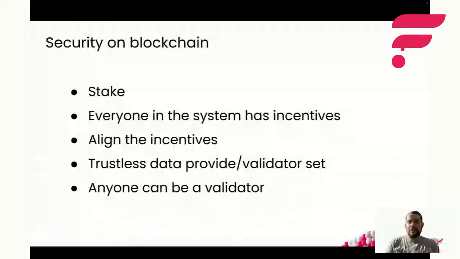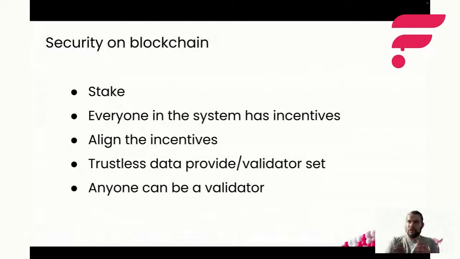And anyone can do it, and the inflation system is designed in such a way that providing good data gives you more rewards at the end, and this in turn gets more delegations, getting you even more rewards. But we also always make sure that we properly decentralize this, so we don't have big whale providers, but we have a lot of small providers. And currently on Flare, we have around 100 data providers that are constantly providing data sources, and we always monitor them to make sure that everything works.